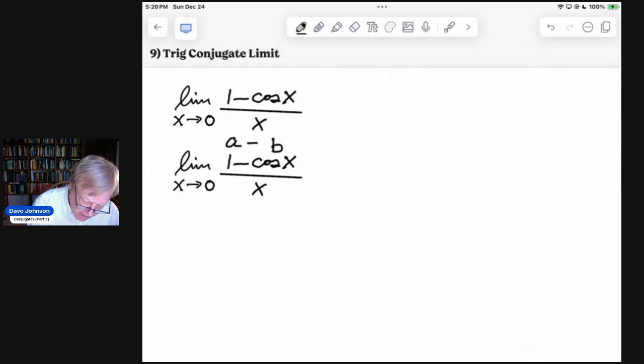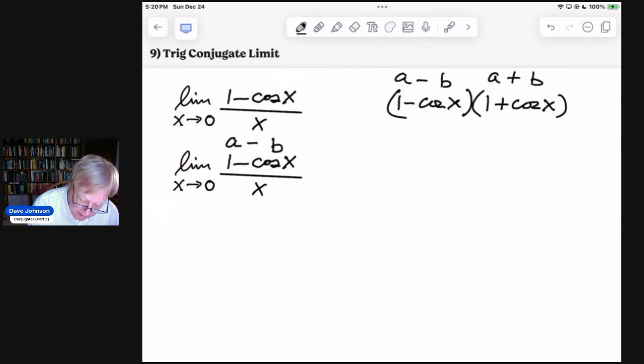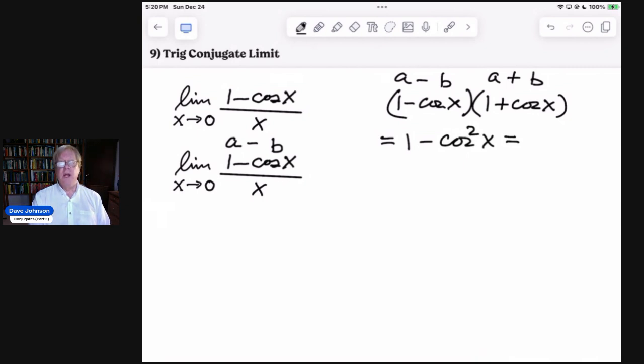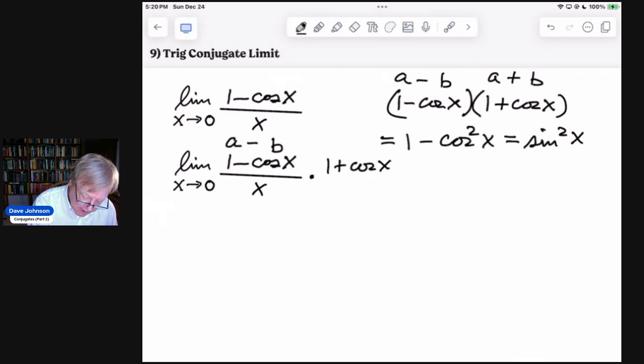Let me remind you that 1 minus cosine x times 1 plus cosine x. Okay, so a minus b times a plus b. Well, that's going to be a squared minus b squared, but that's just going to be 1 minus cosine squared of x. So a squared is 1, and then b squared is cosine squared of x. And if you remember from your trigonometry, 1 minus cosine squared x is sine squared x. That's what we call the Pythagorean identity, one of the forms of the Pythagorean identity. So if we multiply top and bottom by 1 plus cosine x,